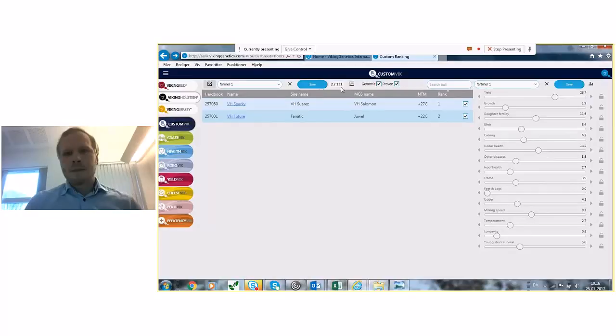So I think this tool here makes it possible for you to show the farmer what breeding strategies he might should use, or what effect it has if he chooses some certain kind of strategy. Like when I showed you the extremes with production and temperament, you actually get some of the lowest NTM bulls, and you could show them it has an effect on the health traits. But you can also easily go and make the farmer feel that he exactly gets the bulls he wants. So I think this tool here is a great one.